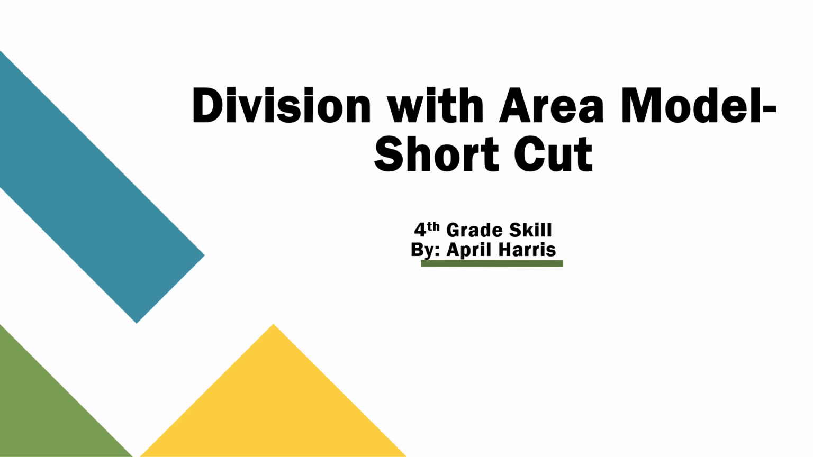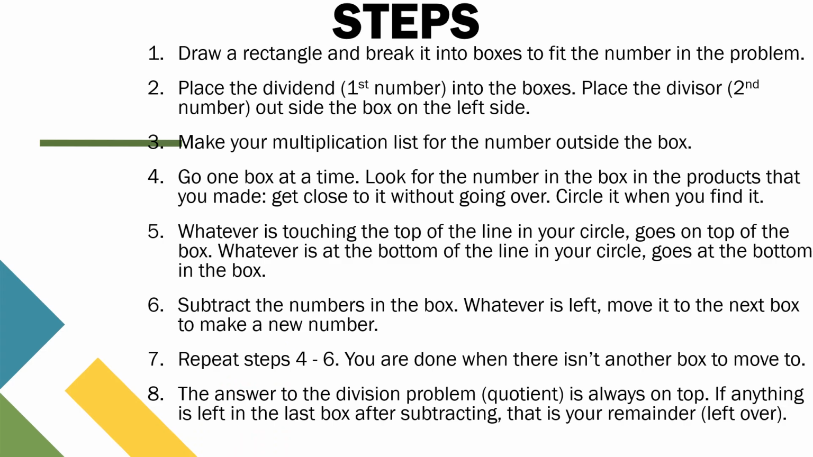This is Ms. Harris here to talk to you about division with the area model, shortcut. So you're going to start off by drawing a rectangle so that you can break your box up based on how many digits are in your dividend. Your dividend is your first number. Then your second number, which is called the divisor, whatever we're trying to divide by,